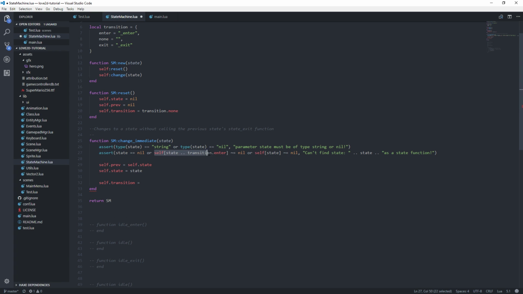If the state has a transition enter function, then the transition equals transition.enter. Okay. You see what I'm doing? So if that state has an enter function, then that's what we want, right? Else if, well, actually, we know from this assertion that it's going to have